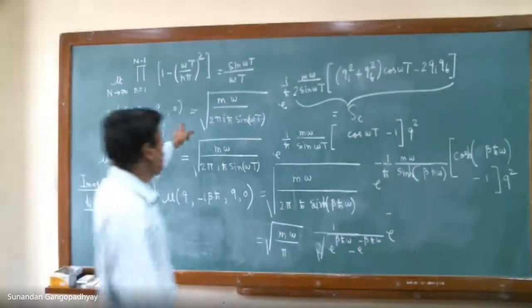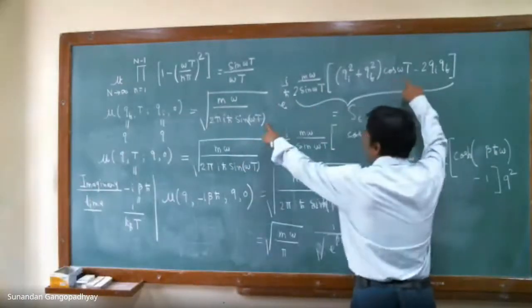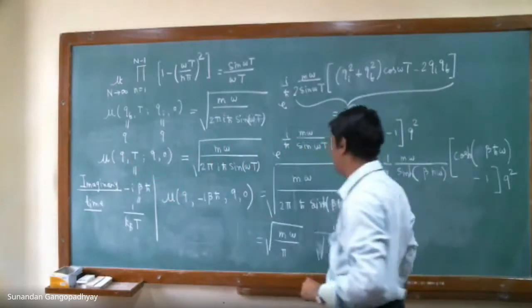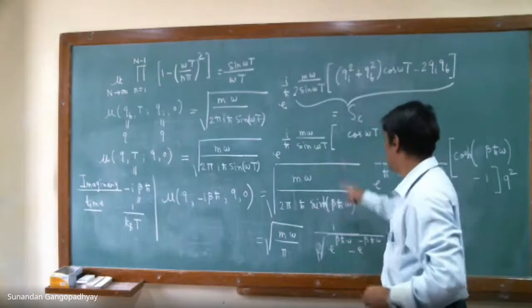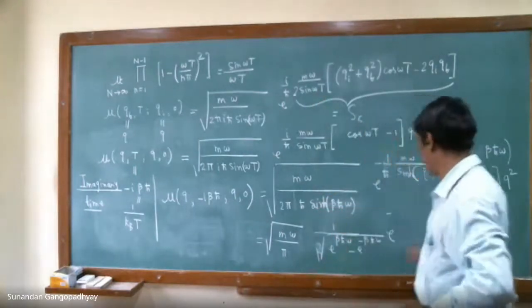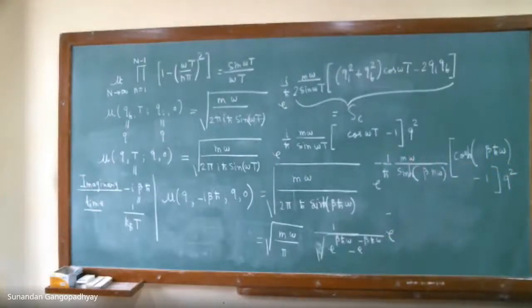So this is the result, sine omega t and cosine omega t. Now when you go to imaginary time, capital T is equal to minus I beta h bar omega. When you simplify this, the sine will become sine hyperbolic, and then you will get this. You are correct. This is sine hyperbolic.